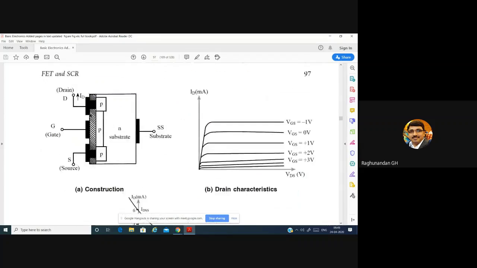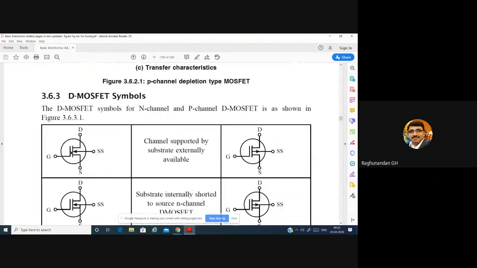See, this is the gate terminal, and between it and the substrate is the oxide layer, which is shown empty. It is an insulating layer. SiO2 is the insulating layer. Whenever it is drawn like that, that indicates it is an insulating layer. This connection, which is connecting drain, substrate, source, is the channel. This line you are having is your channel. But this is our gate.